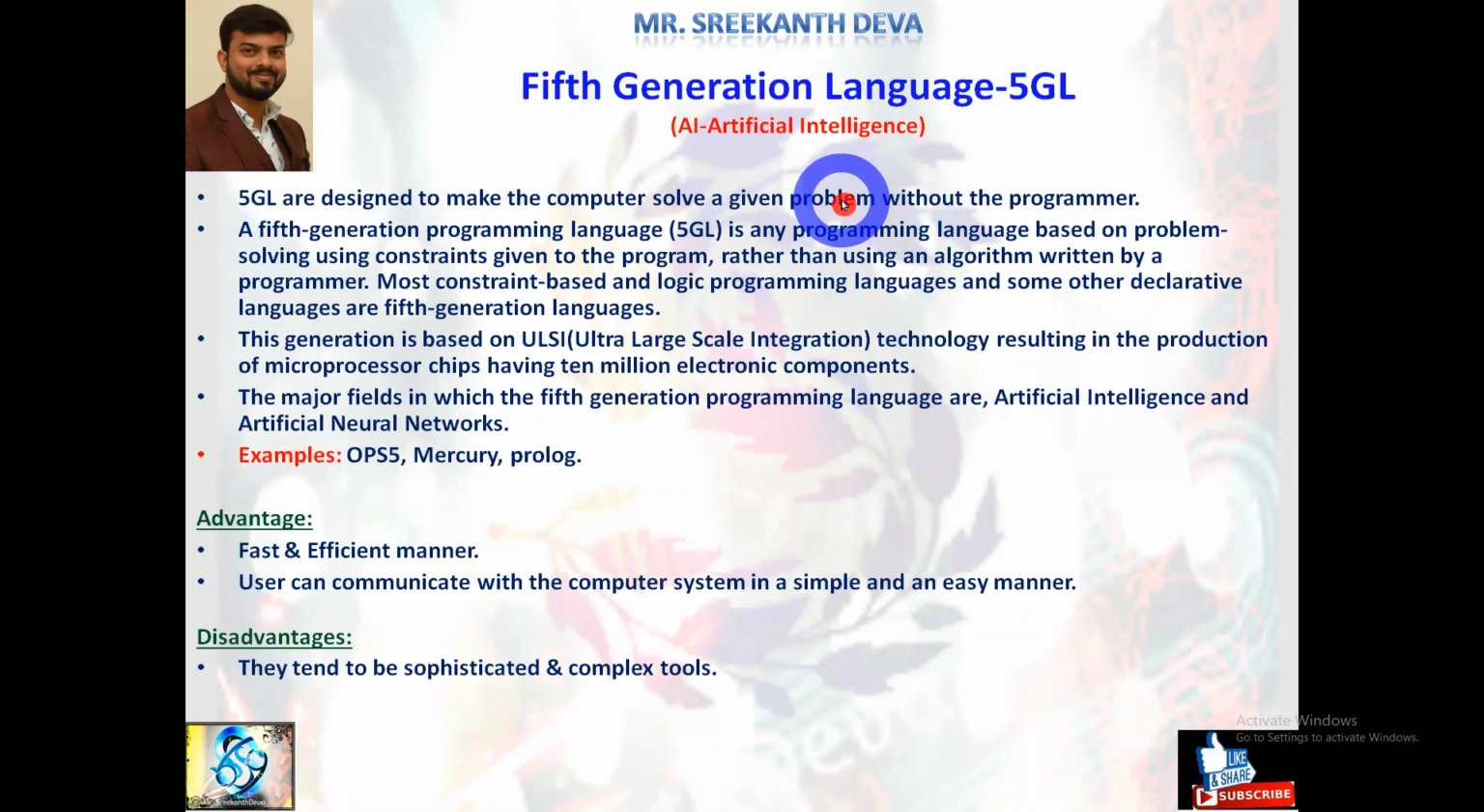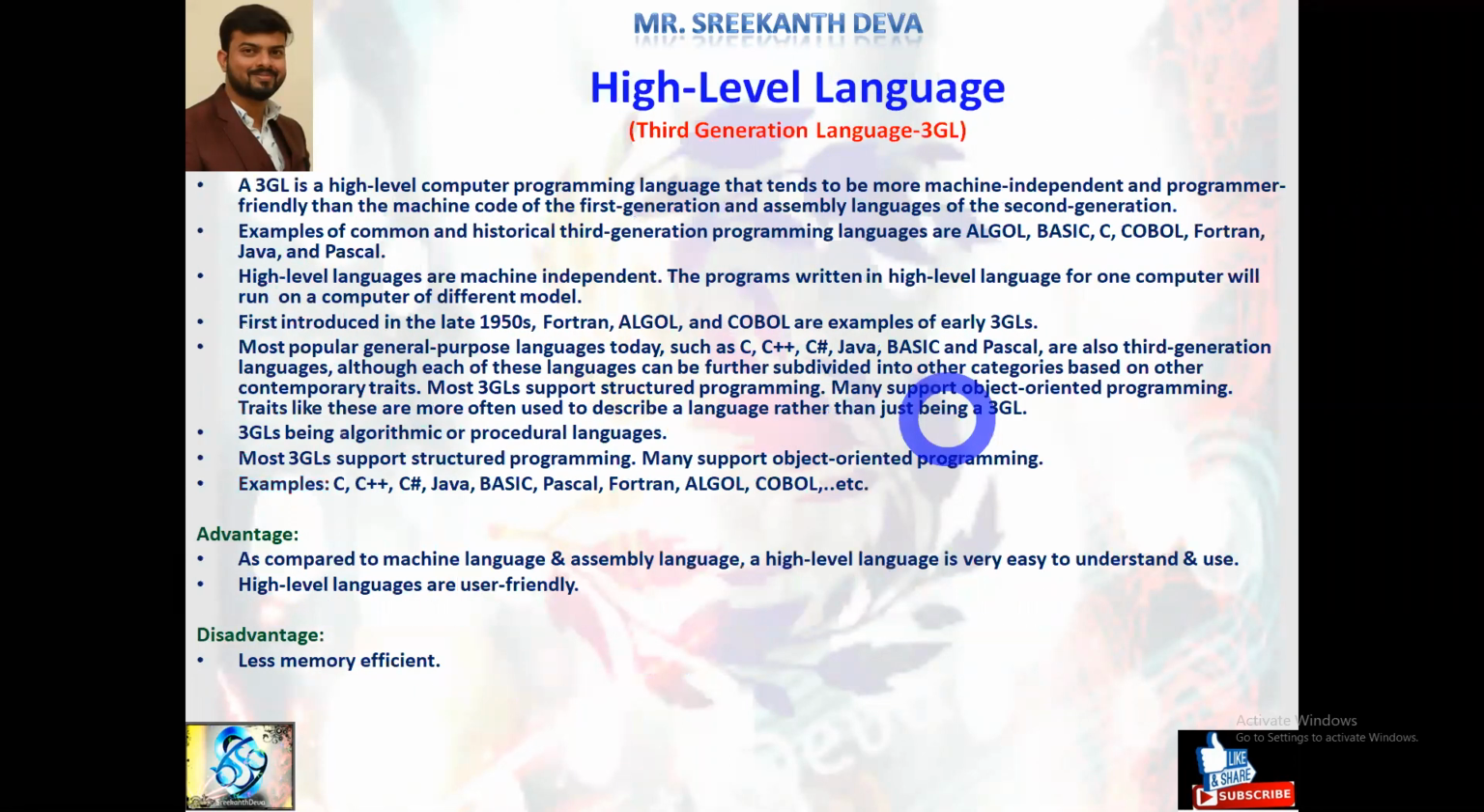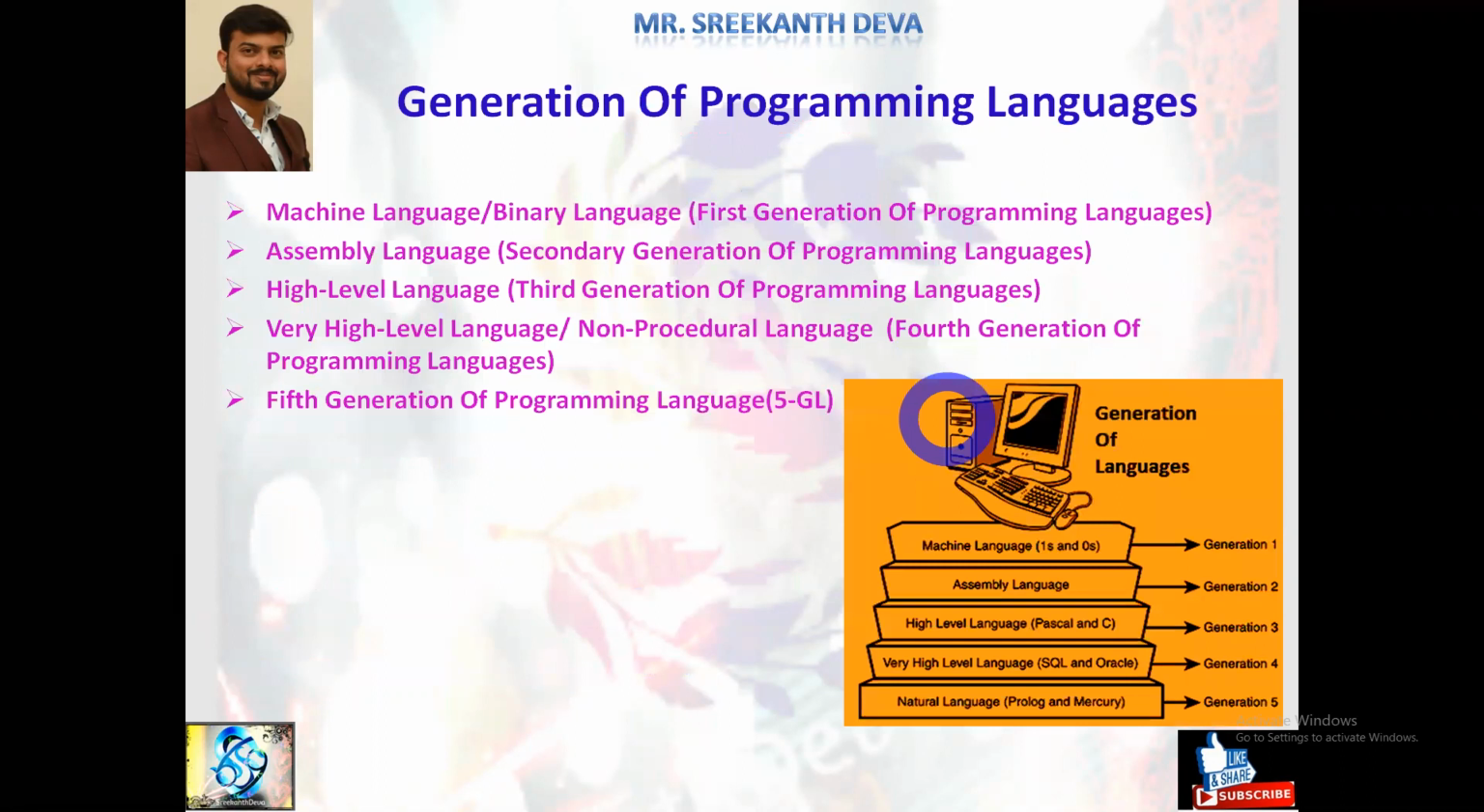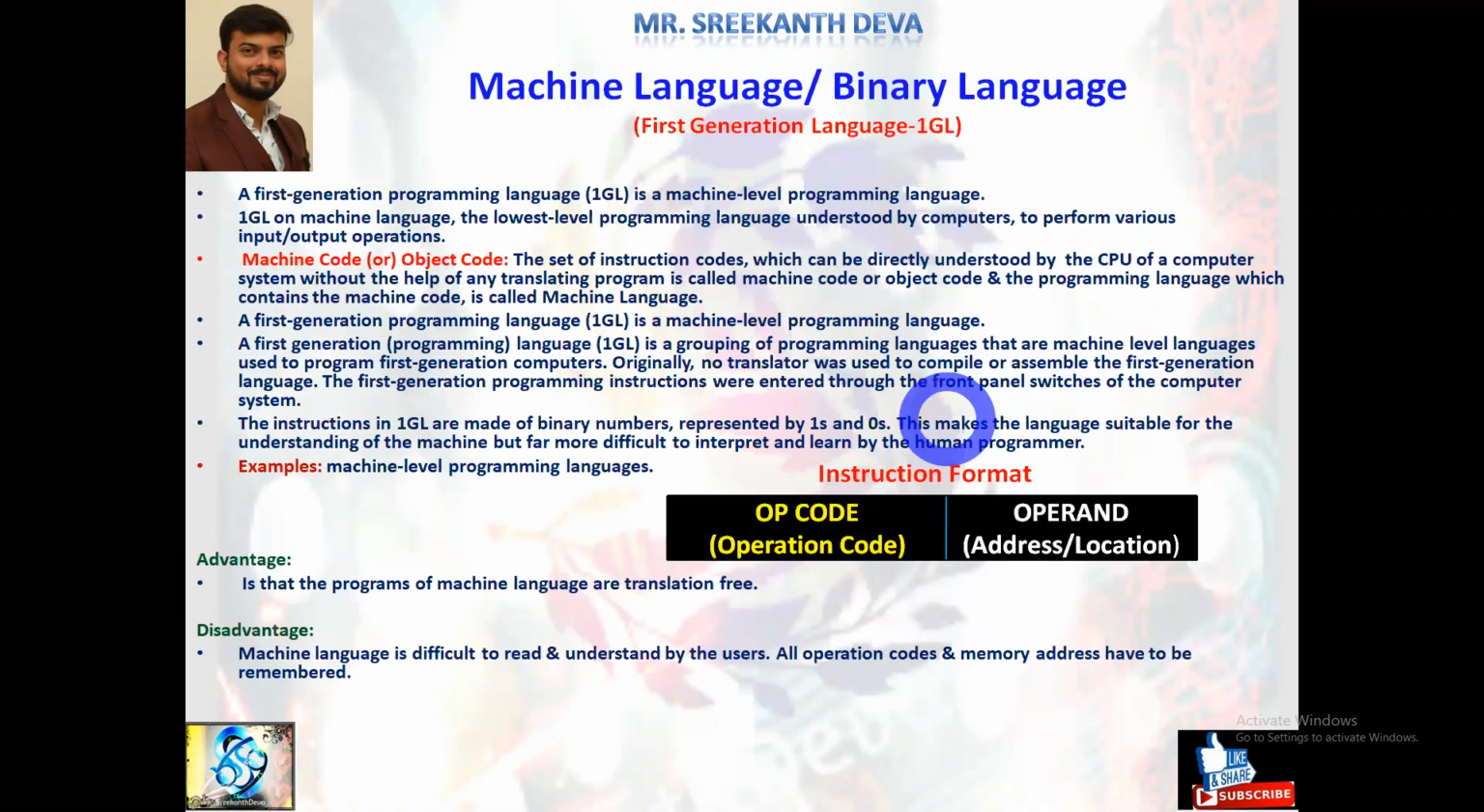User interface is going to be increased in the fifth generation languages. So this is about various generations of languages we discussed in this session. First generation languages are called machine languages. These are machine independent. Each and every instruction must be written in binary language, represented by binary code, zeros and ones